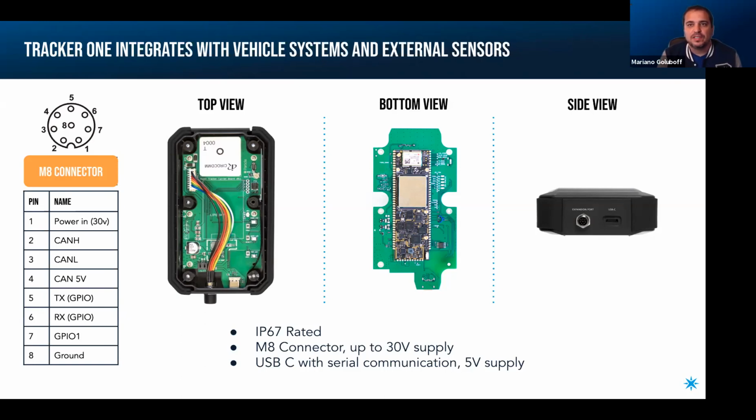So as a result, this gives you a large degree of customization just by reconfiguring or reprogramming the Tracker 1 from the device management console that Dan showed earlier, and adding an external cable harness to attach the device to another system. You can also add a custom application to the Tracker 1 by using the extensive list of libraries available for Particle products. And you don't lose any of the built-in functionality for location, sleep, and configuration services.